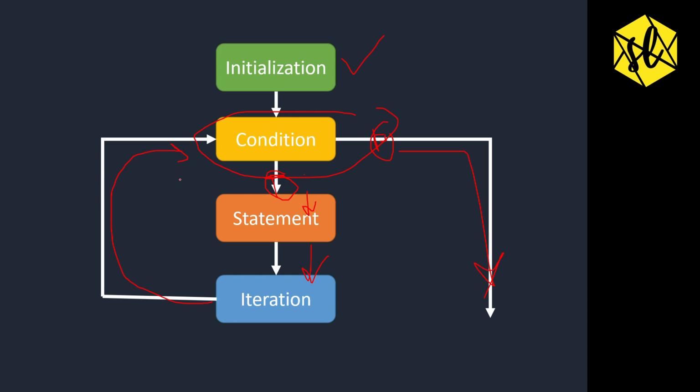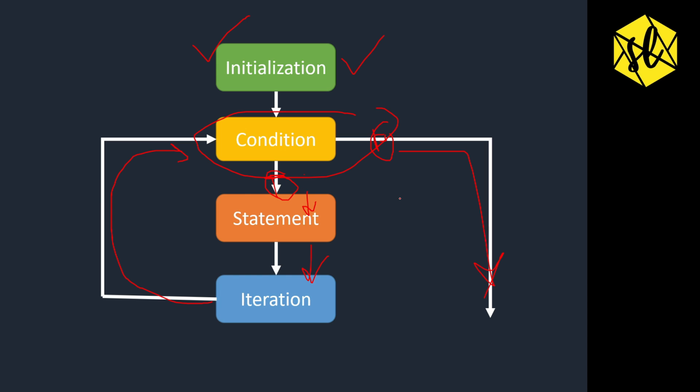The variable that we have initialized in the initialization process is checked again in this condition, and then again it gives a true value or a false value. According to that, if it is a false value, the program will end there, but if it is a true value, again this statement will be executed. This is how looping works.